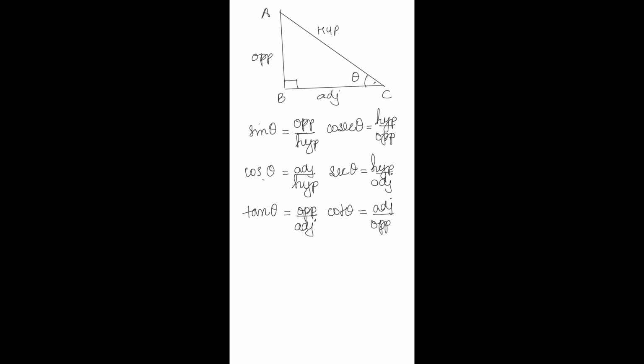यहीं से बनते हैं फॉर्मूला बहुत सारे और थ्रू आउट ट्रिग्नोमेट्री में हम उसे करते हैं यूज. The three ratios are sine, cos, and tan, and then we have their reciprocals, that is cosec, sec and cot. तो साइन थीटा का रेसिप्रोकल इज कोसेक थीटा, कोसेक थीटा का रेसिप्रोकल इज साइन। कॉस थीटा का रेसिप्रोकल इज सेक थीटा, सेक थीटा का रेसिप्रोकल इज कॉस थीटा। Tan theta and cot theta are reciprocals of each other.